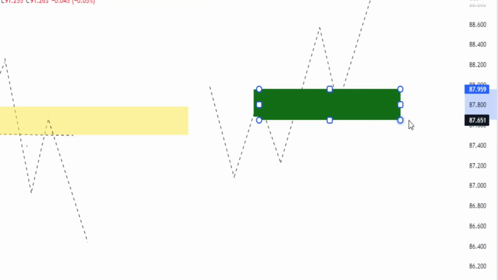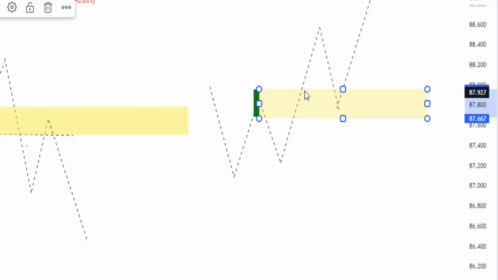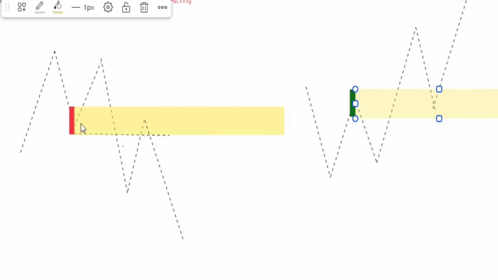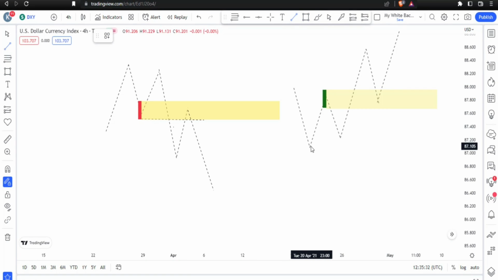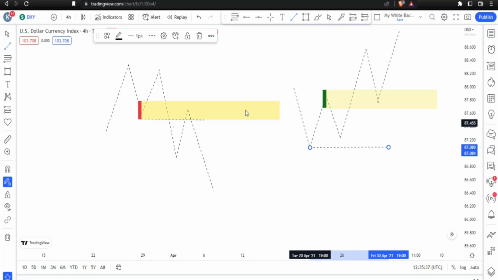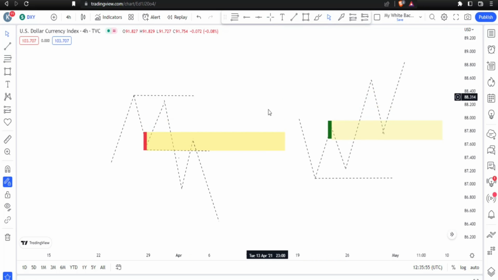We just map this level and then adjust it. Let me just show you how to properly see that. So this is our bullish mitigation block, and this is our bearish mitigation block. Remember, the mitigation block should have a failure swing. We don't want to see it take out this level. This is where we have a failure swing, and at this area too we have a failure swing. If we have this failure swing and then it crashes down to this side and comes back to retest this particular order block that was violated, it is now a mitigation block. So let's go to the chart and find them,